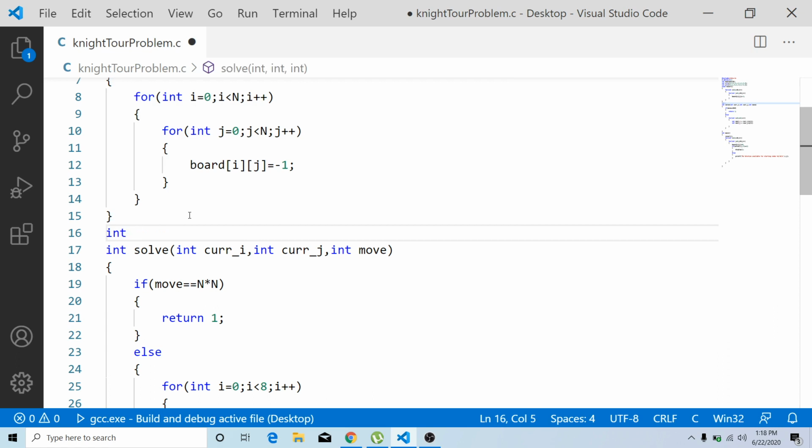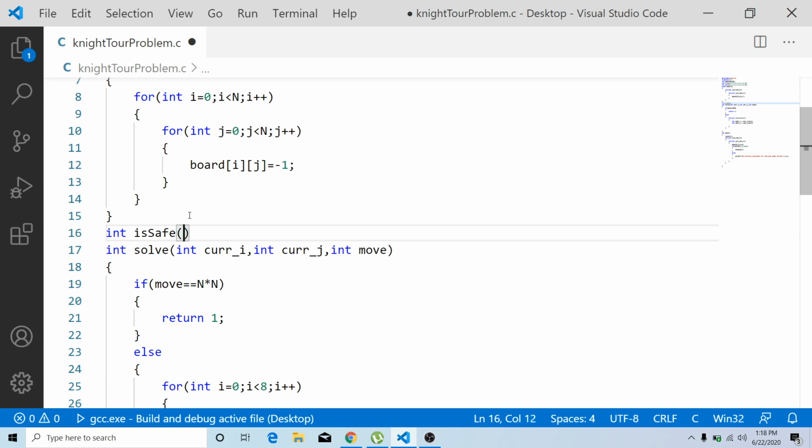If the cell is safe, the function returns 1. If the cell is not appropriate for a knight to be moved, it returns 0. So integer is the return type, and the function is isSafe.